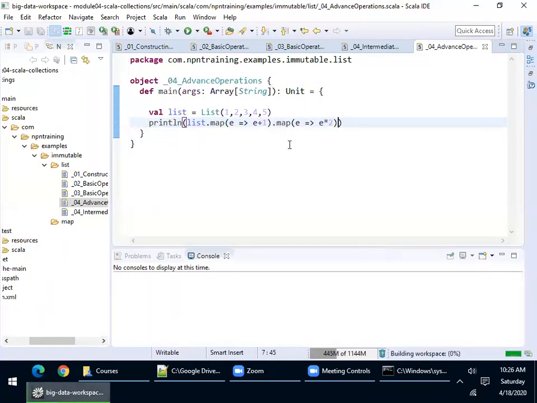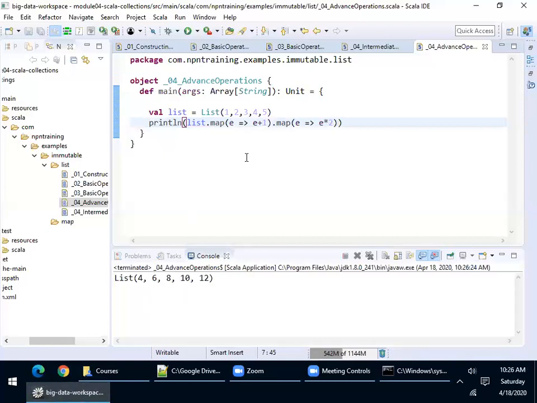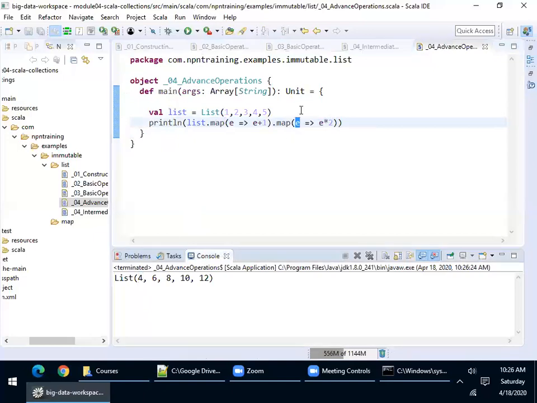Now, this is what you asked, right? Yes, sir. What I'm asking is, suppose in the first iteration I get the value as 2. I did that only. See, in the first iteration, the value of E is 1. So 1 plus 1 is 2. That 2 I'm passing to another function, so the E value will be 2. 2 into 2 is 4. Oh, okay. You can chain it.